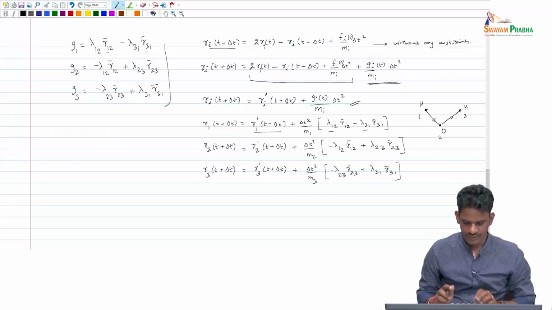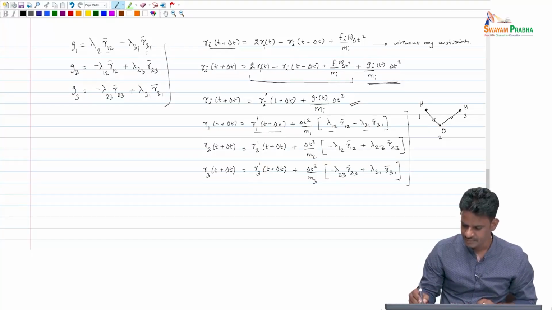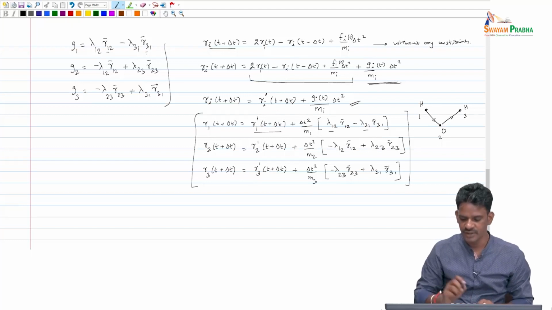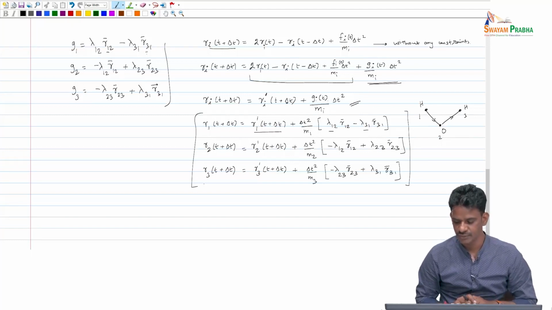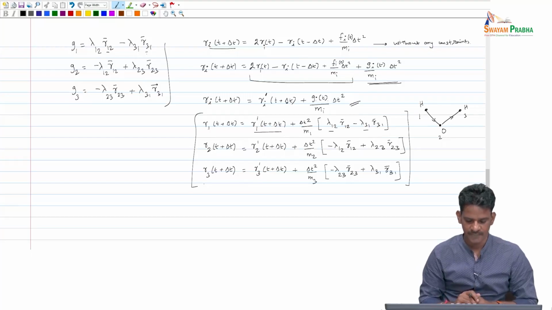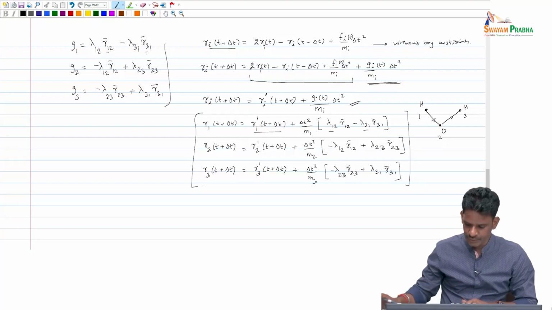So now we have got the positions here, and our next objective is to find these constants lambda 1 2, lambda 2 3 and lambda 3 1. Once we know these values, we can use this set of expressions to update the positions of 1, 2, 3 etc. To do that, we are going to use these constraints,